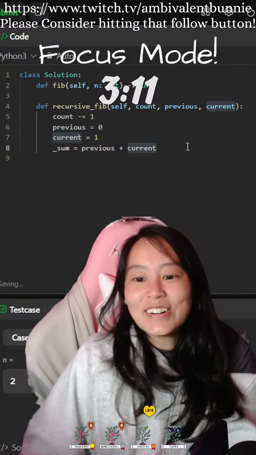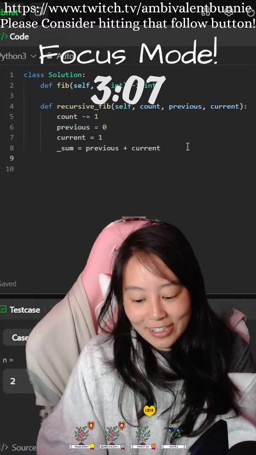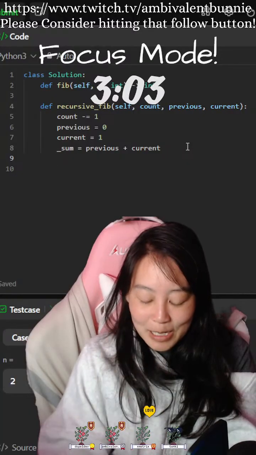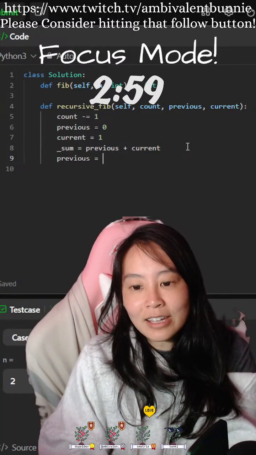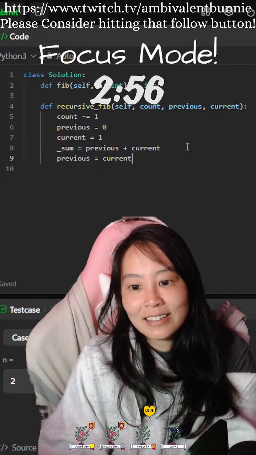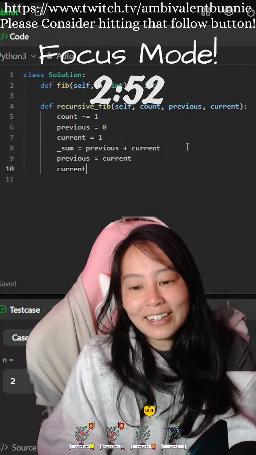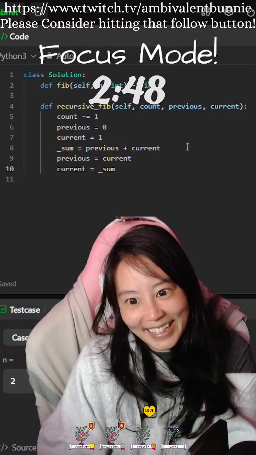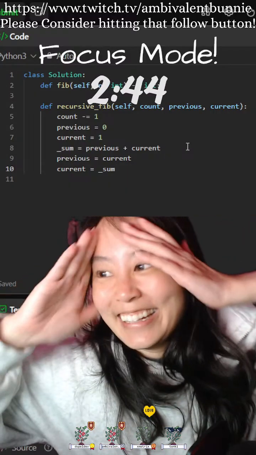Okay, so we're going to do sum equals previous and current. We're going to rename previous now equals current, and then current equals sum. Don't yell at me, guys. I can see you guys going like, oh my god, what is she doing?